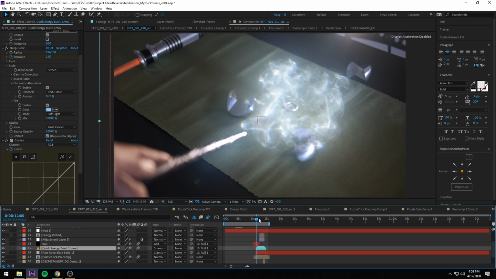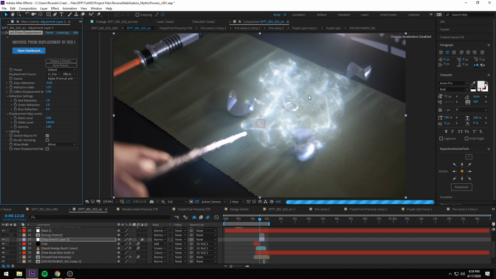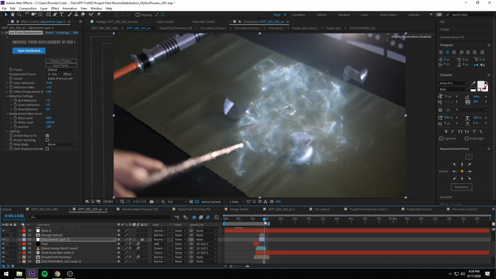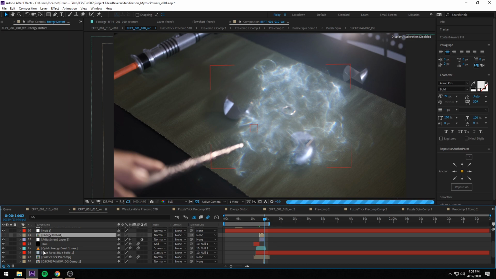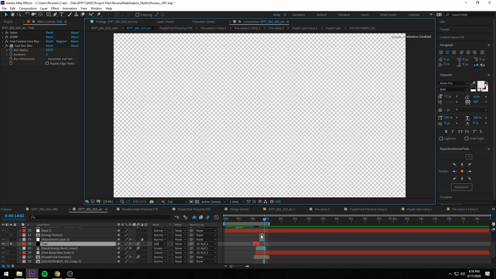And it looked pretty good, I thought. And then I did some distortion on the other side of this, some prism displacement using that same energy layer, which I reversed. So the actual effect has the energy, but then the reversal doesn't have it. It's just using this as displacement, but in reverse. The trail was actually just a saber that I put in, and